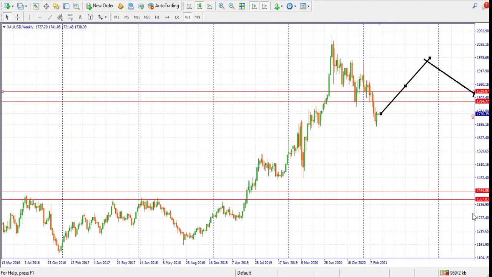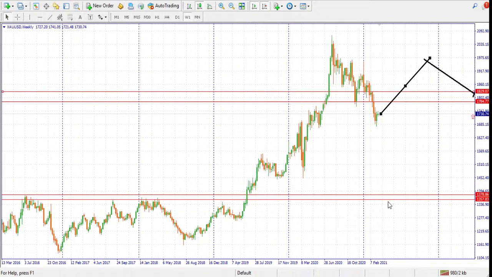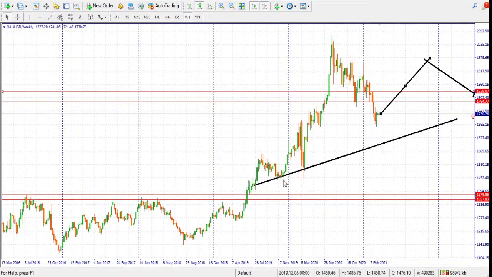So on the weekly chart, looks like we are still bearish. The price is still downwards, but this remains to be a very significant level. This support here remains to be a very good support level even on the weekly. Therefore, if the price can come back to it, then it's going to be our place where we'll be looking for a trade from.